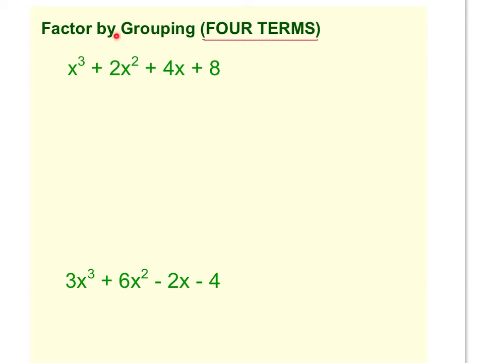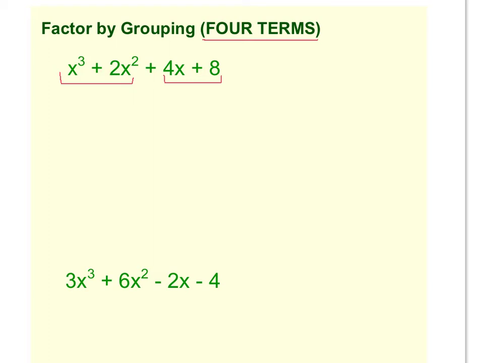So when it's factored by grouping, what we're going to do is group our first 2 terms together and then group our second 2 terms together. We're actually going to factor these separately, which makes it a little bit easier because we get to factor using our greatest common factor. So first thing we're going to do is look at our first group of x cubed plus 2x squared, and we want to figure out what the greatest common factor is between these 2 terms. And if you figure out, we have a 1 in front and a 2, well, there's nothing